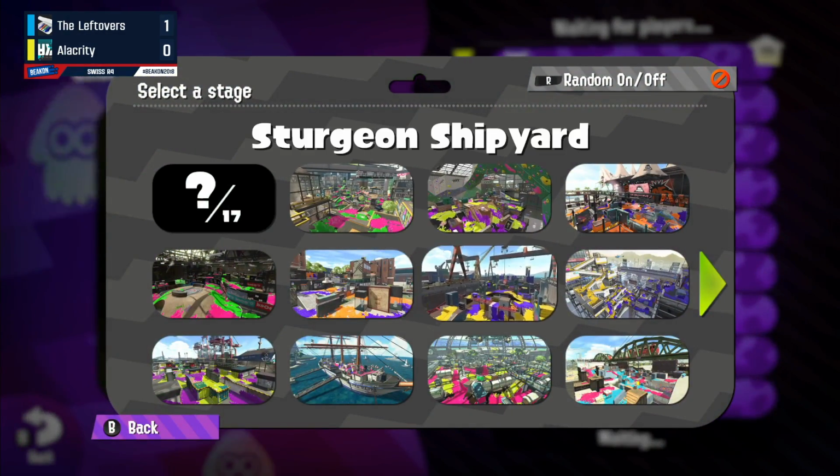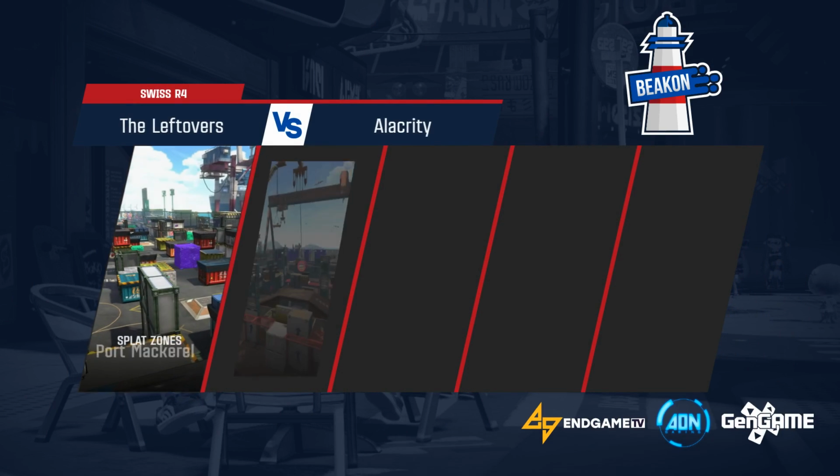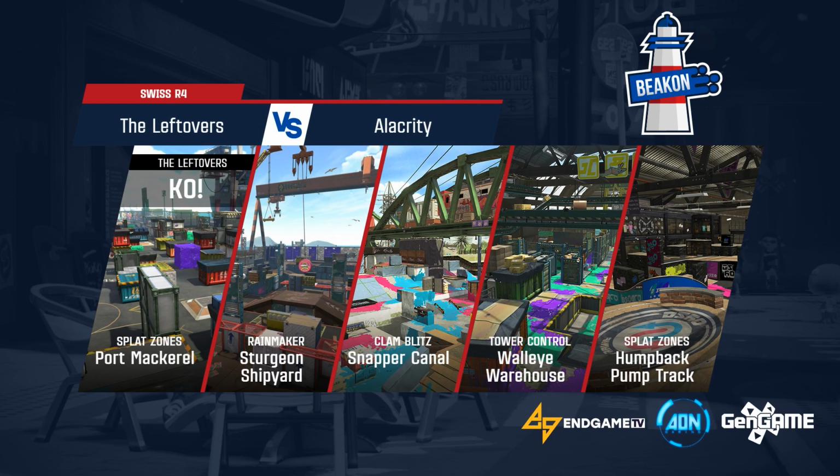Yeah, and you really can't have... what did they have? I mean, they had the Bamboozler, but what were their other weapons? Alacrity had a Bamboozler, Dualies, a .52, Dapples, .52, and an E-liter, and then Leftovers was Fire Fins, Splat Charger, Machine, and some shooters. Yeah, some shooters. I mean, it's not the worst comp ever, but...